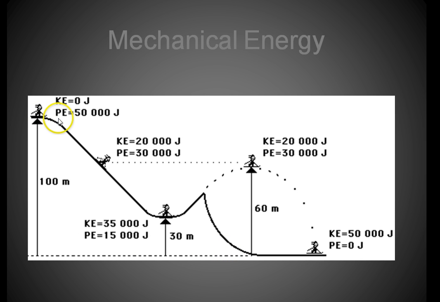Now, if you look at potential energy, if we start out with 50,000 joules, that means their total mechanical energy in this system would be 50,000. And their potential energy, because they're the highest up, is going to be the largest number, 50,000. As they go down the hill, that number goes down to 30, to 15, back up to 30. Notice these are the same height. And then eventually, as you hit the floor, potential energy is going to be 0 because there is no height